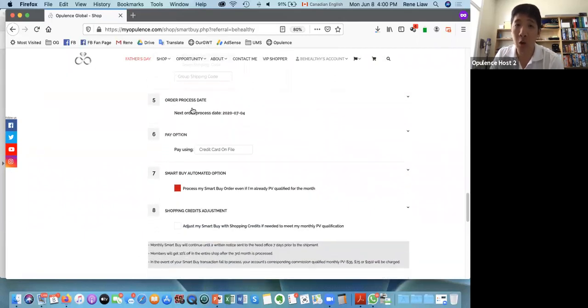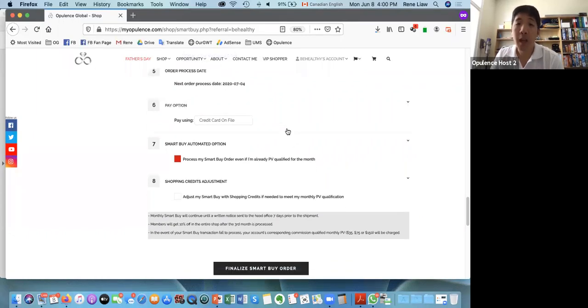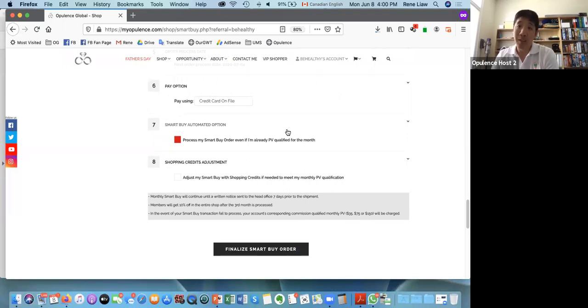You can see here, the order process date is the next time that this smart buy will be processed, okay? And again, how you want to pay. Typically we use a credit card that's already on file. I want to talk about options 7 and 8 because it becomes, of course, very important to understand your options when setting up your smart buy. Now, let me talk about option 8 first, okay? Option 8